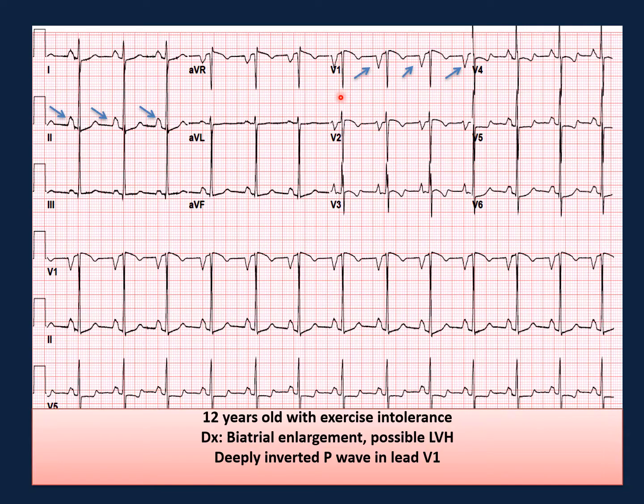In this case, you will see here the S is very deep in V1, the R is almost, you cannot see it, and the R here is large in V6, so this is possible left ventricular hypertrophy. So again, the P wave is negative in V1, this is left atrial enlargement. Here it is tall in lead 2 and also wide at the same time, so this is right and left atrial